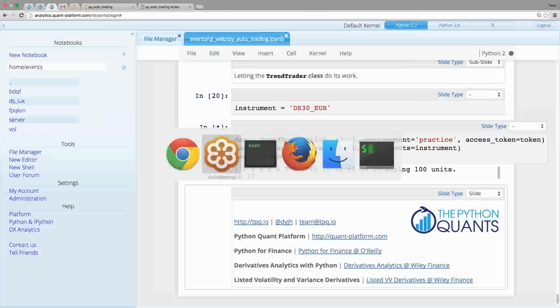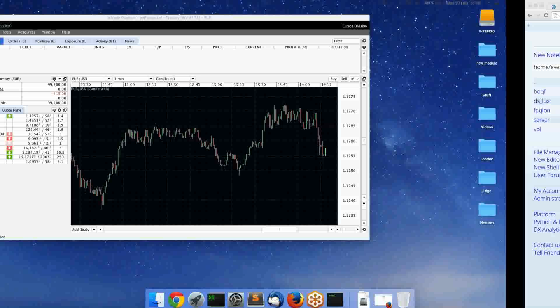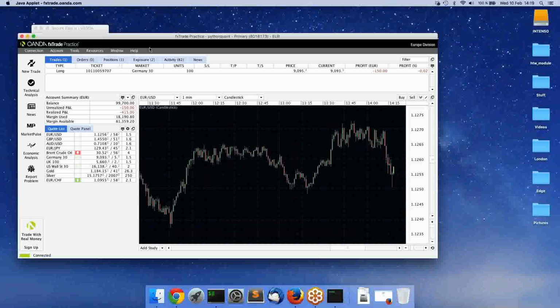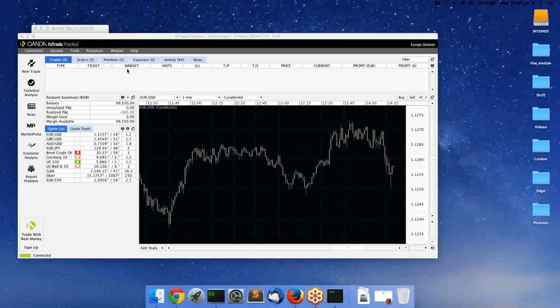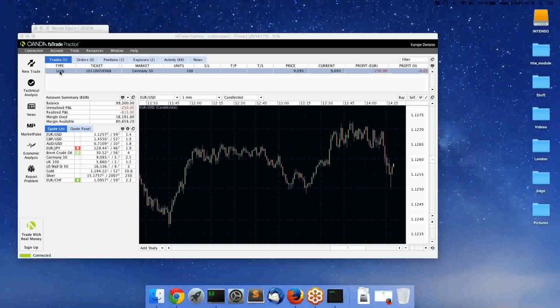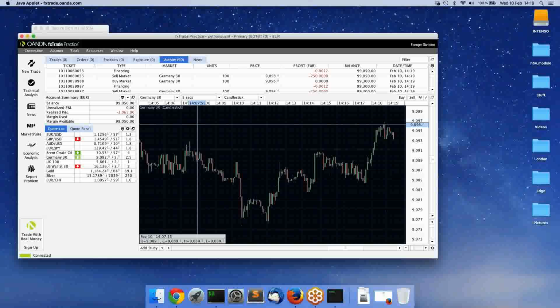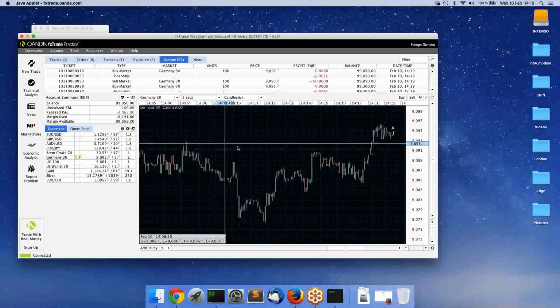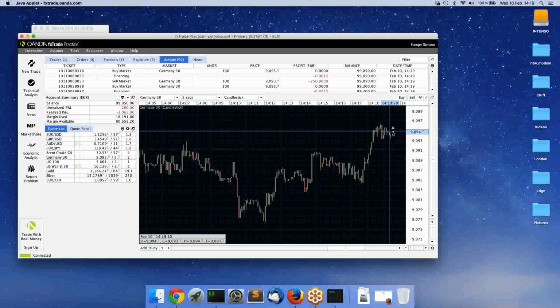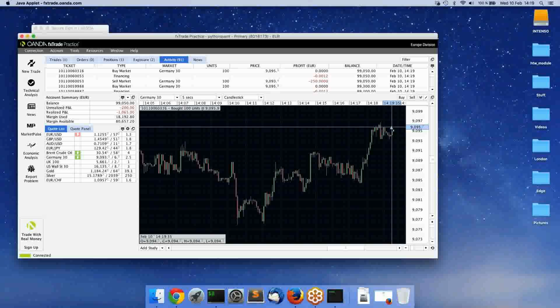now the view to FX trade, and you see already here that we have a long position. So my program has already entered the market, and now you have seen that it has exited the market. Now we are again long, and this is what I wanted to see, that we get lots of activity. I can also go here to the activity chart part here in my overview, and you see exactly here. Let me quickly switch to Germany in 5 seconds, so that we see live action here in the market. Now you see here that an order has been placed going long the market, and now we are invested long in the market,